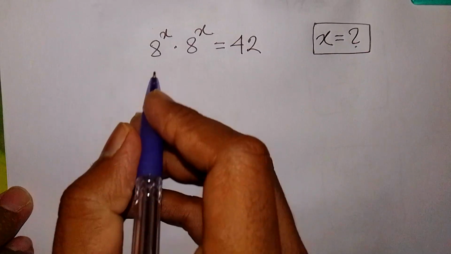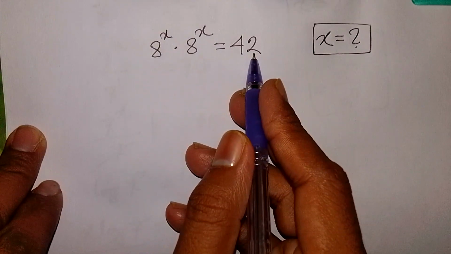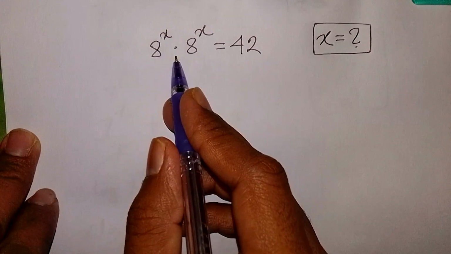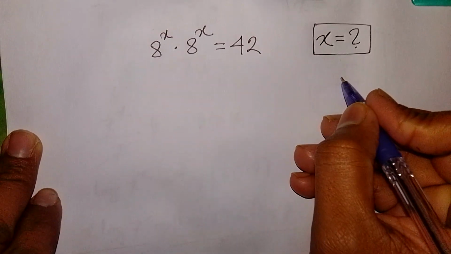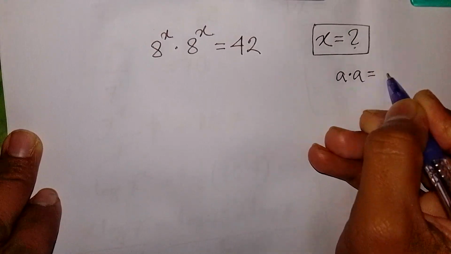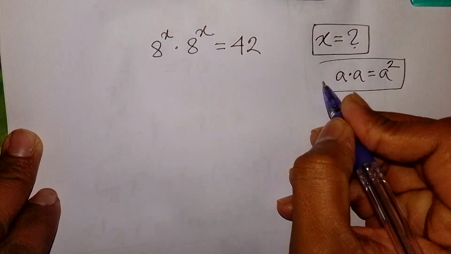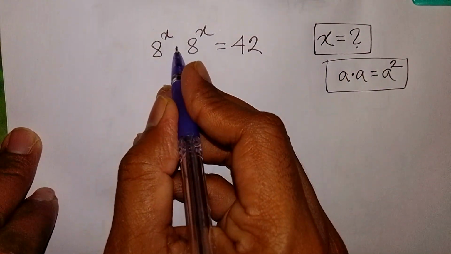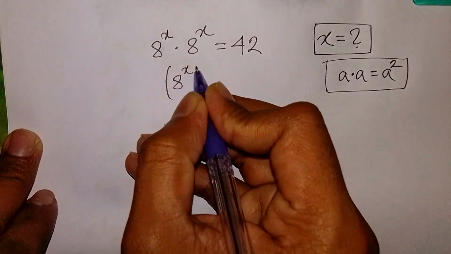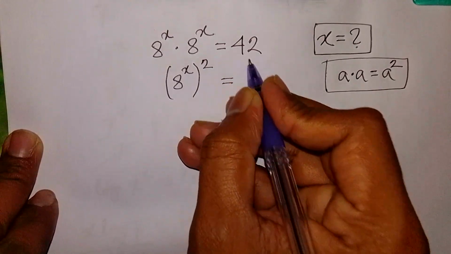How to solve 8^x times 8^x is equal to 42. What is the value of x? So here we apply the form a times a is equal to a squared. Here this times this is the same as (8^x)^2 is equal to